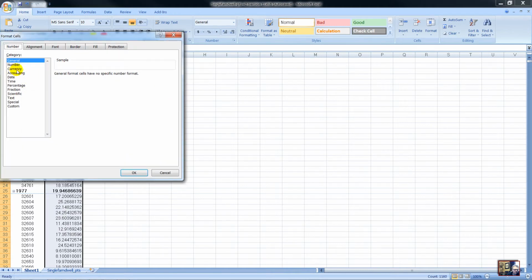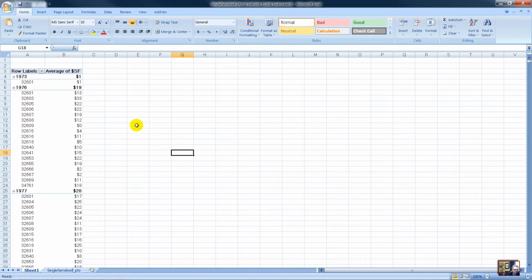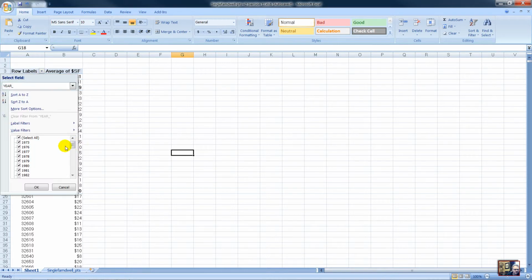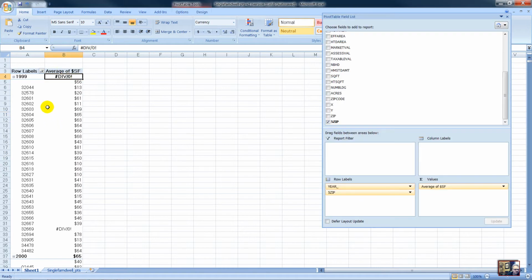I'm going to format this. I'm not interested in the decimal point. That's one way to show it. Another way to show it is I will create a subset of zip codes that I'm interested in, and also a subset of years. So let's say I'm interested only in the last decade, full years. So there I've reduced my number of years, and here's my years,